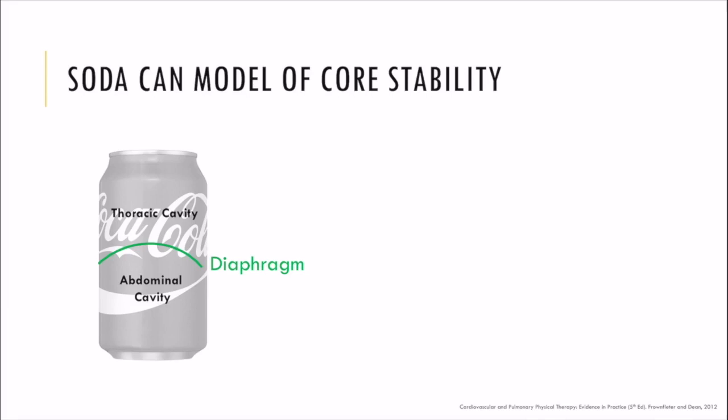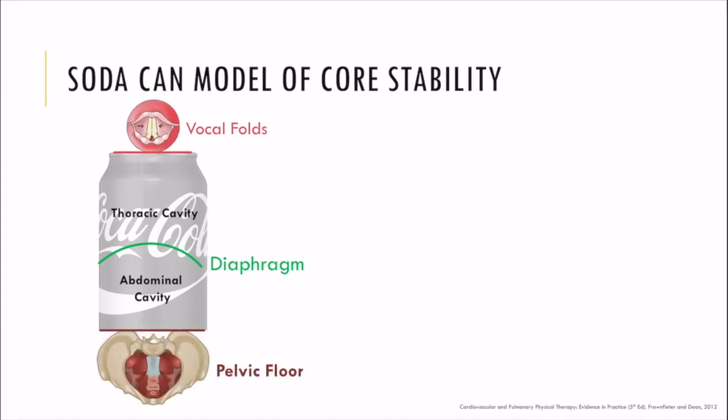If you descend the diaphragm and there's nothing holding on down at the bottom, well, you can just pooch out this way and there will be no increase in intra-abdominal pressure. The only way we see this effectively raising intra-abdominal pressure is if there is a floor on our pelvis, on our abdominal cavity. We call that, obviously, the pelvic floor. The pelvic floor holds the can closed at the bottom. So when the diaphragm descends, with an intact pelvic floor, you can raise intra-abdominal pressure,